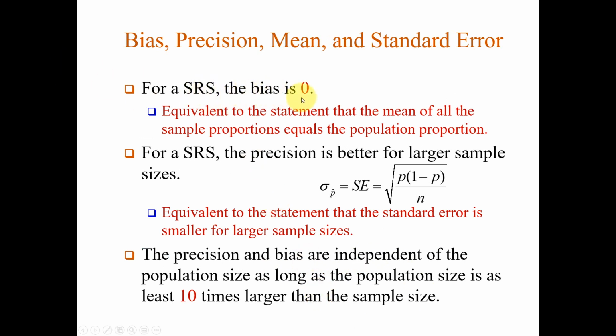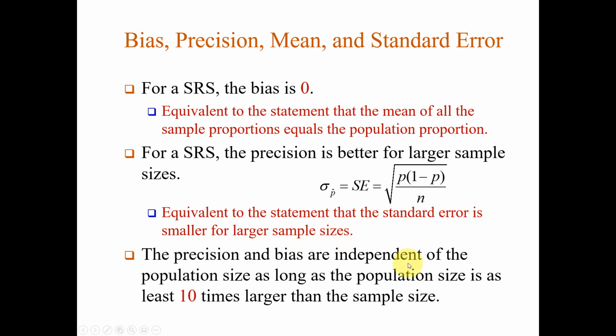So for an SRS, the bias is 0. We talked about that. That means the mean of all sample proportions in a sampling distribution subtracted from p is going to be 0, which means it equals p. And for an SRS, the precision is better for larger sample sizes, because as this n gets larger, this entire number inside the square root gets smaller and smaller, because it's being divided by more and more. So, equivalent to this statement,